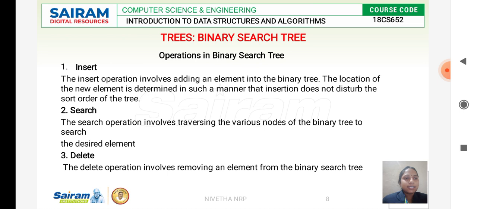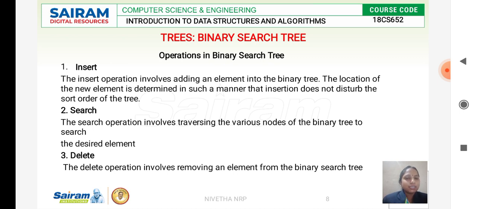When we insert an element, we compare the element to be inserted with the root node. If it is greater than the root node, it has to be inserted towards the right subtree. If the element to be inserted is less than the root node, we will traverse towards the left. This is for the insert operation.